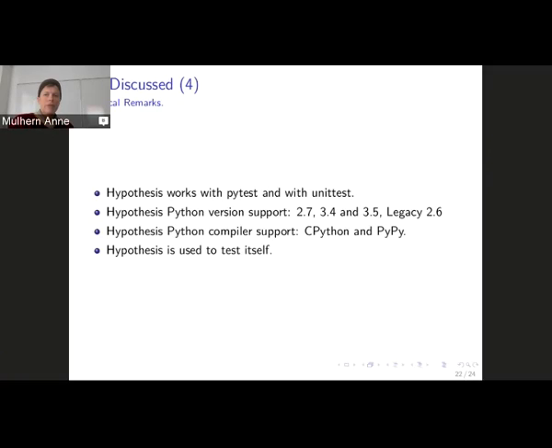And yeah, technical things, PyTest and unittest, supports many versions, supports both CPython and PyPy, and tests itself with 100% code coverage on itself.